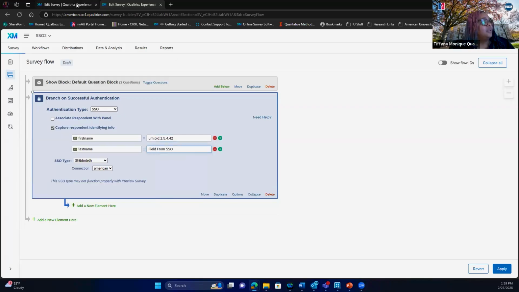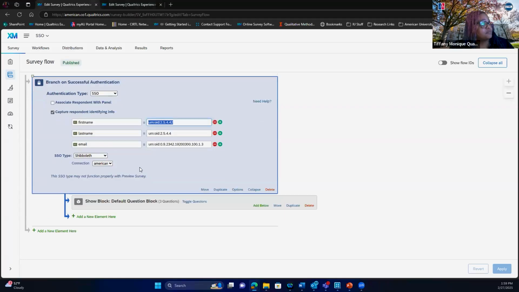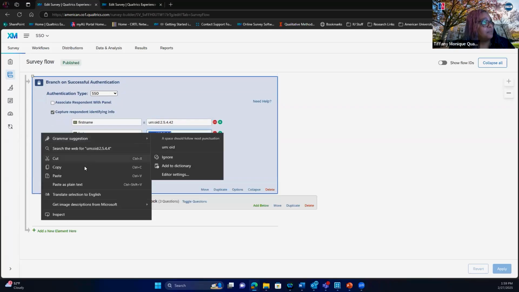There we go. Let's hit apply just to save it in there. And now we're going to fill out the embedded data for last name. It's URN colon OID colon 2 period 5 period 4 period 4. So I'm just going to copy and paste that